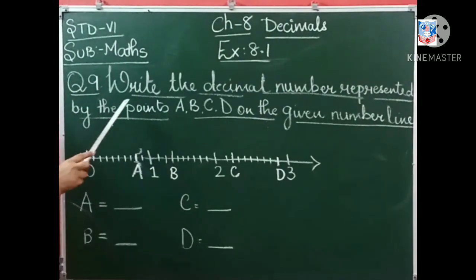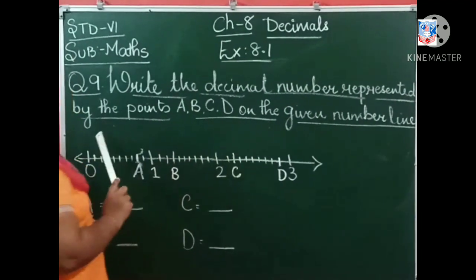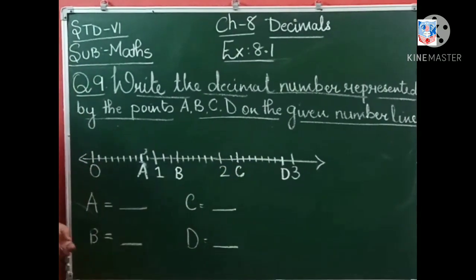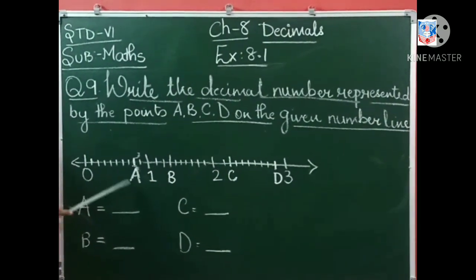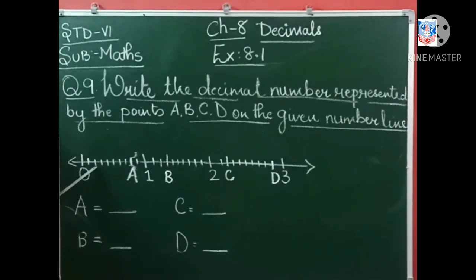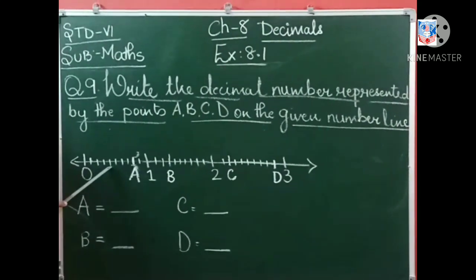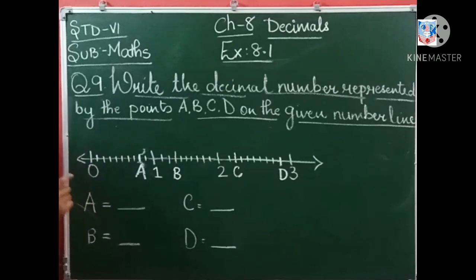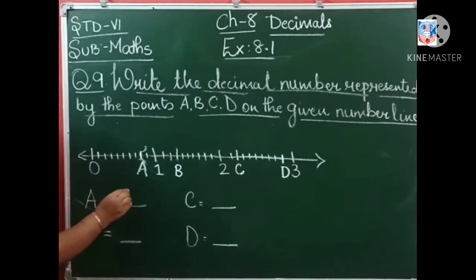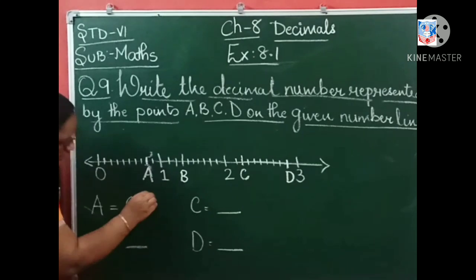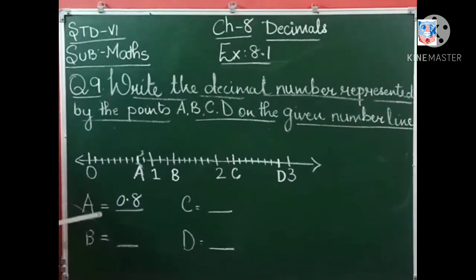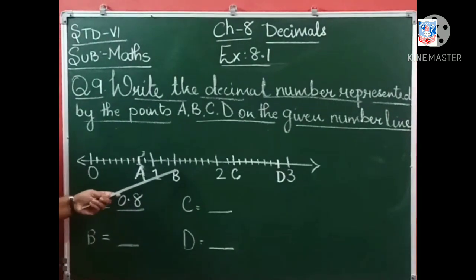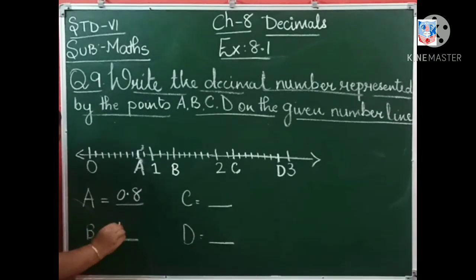Question number 9. Write the decimal number represented by the points A, B, C, D on the given number line. Now see, where is A? See, 0.1, 0.2, 0.3, 0.4, 0.5, 0.6, 0.7 and 0.8. That means A represents 0.8. Now where is B? Now here it is 1. So 1.1, 1.2 and 1.3. That means B represents